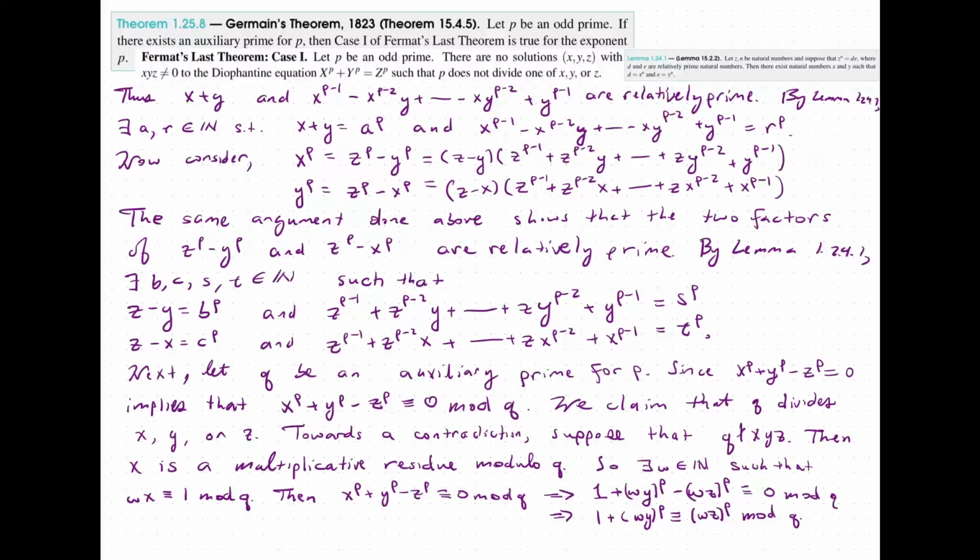And so in particular, since wy and wz are reduced residues, I realized I wrote multiplicative residues when I should have written reduced residues. So since wy and wz are reduced residues modulo q,